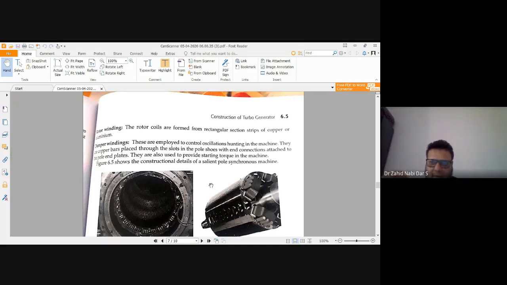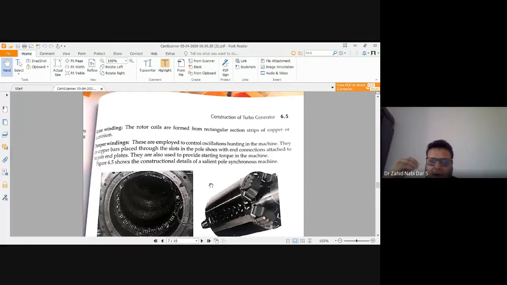The power system loses synchronism and starts oscillating. For that purpose, we have to increase or decrease in gradual steps, because our frequency should not go beyond the range of 50.2 hertz, and it should not go below the range of 49.6 hertz.